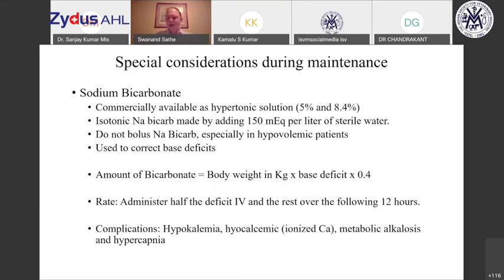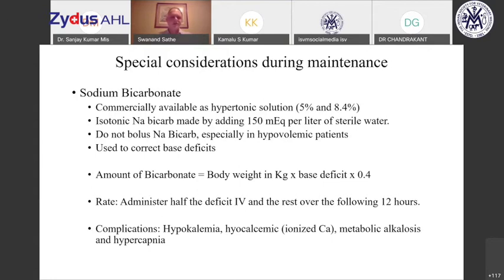Like I mentioned, sodium bicarbonate is available as a hypertonic solution. You can make an isotonic solution of sodium bicarbonate by mixing 150 milliequivalent of sodium bicarbonate per liter of sterile water. Do not bolus this sodium bicarbonate in hypovolemic patients for the fear of causing alkalosis, and it's mainly used